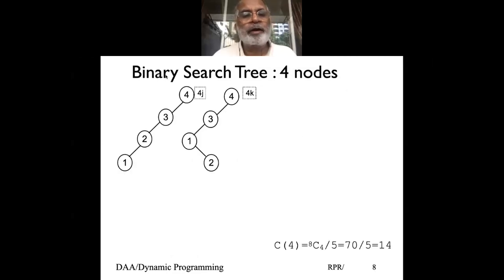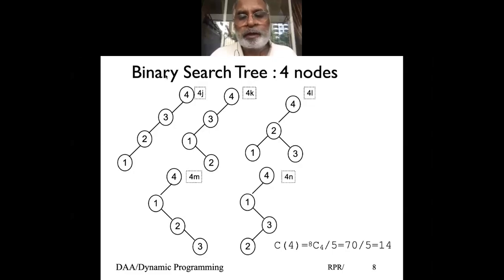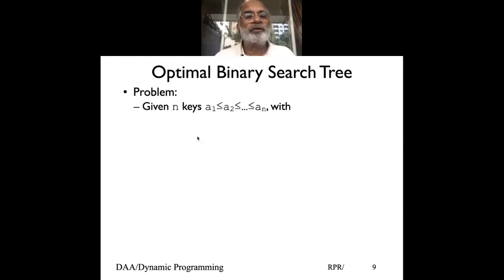I have given you these 14 binary search trees. Now, which one is optimal? That means we know the probability of each of the nodes. Look at the average search time. You look at the average search time, then you figure out which one is optimal, and that means any time a probability changes, you need to figure it out again.